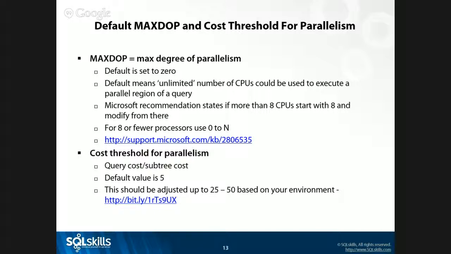On virtual machines, I'm seeing that's not as much of a problem because most of the VMs that I interact with are anywhere from 2 vCPU to 8 vCPU. So they're using the max they have, which is still within the range that I would set it. Big physical boxes are set to 0. If I'm on a 48-core machine, that means a parallel process could go parallel across 48 processors.